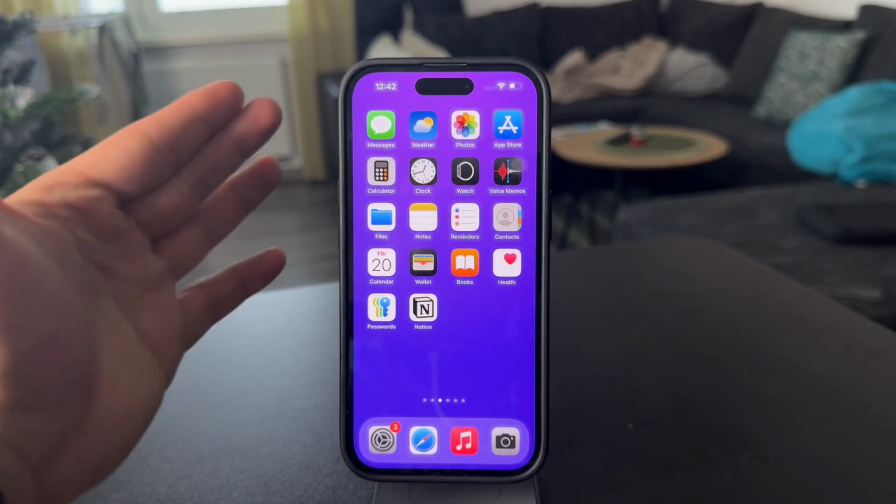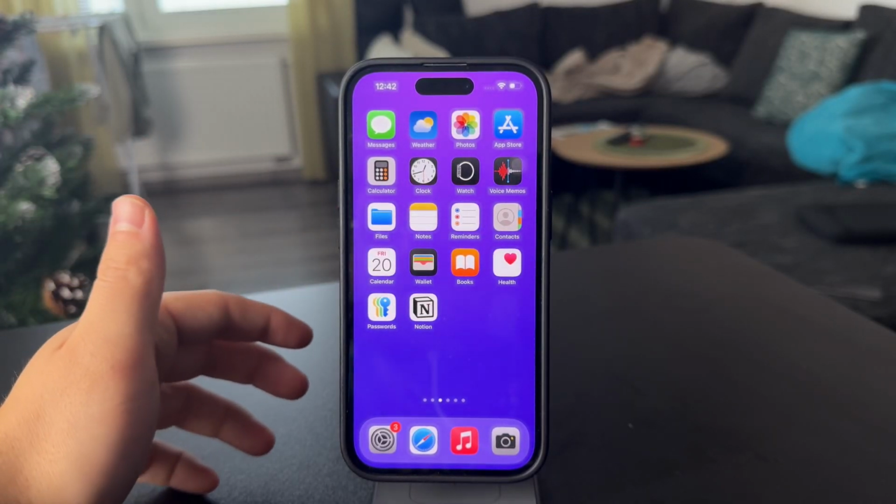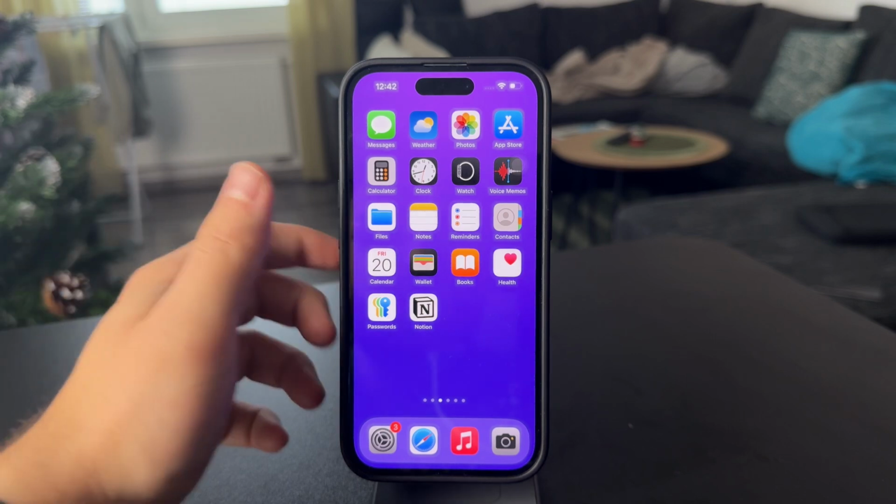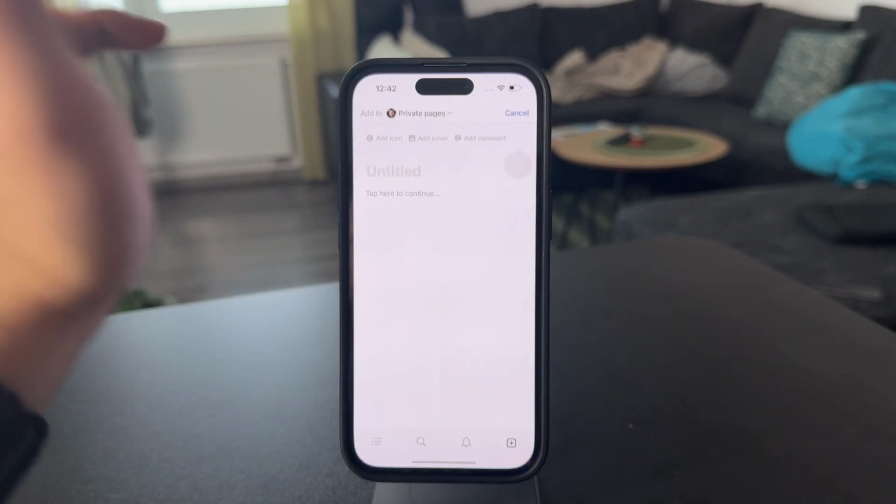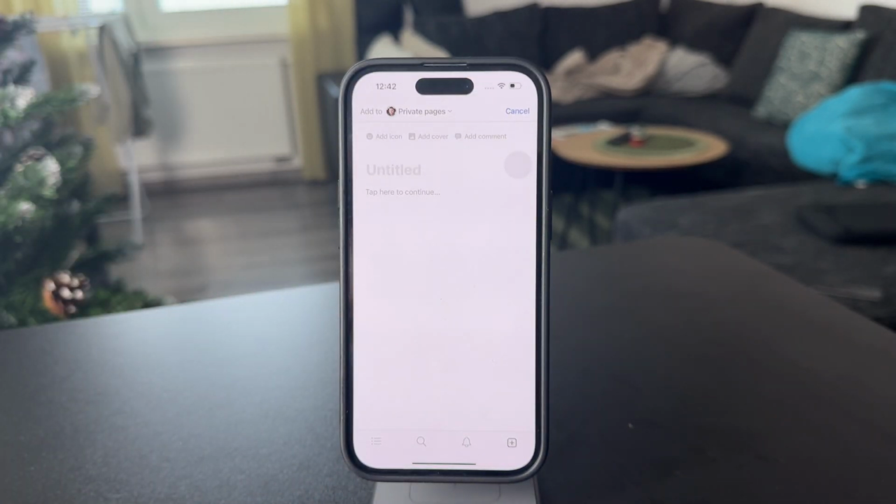Now, here is how to see PDF slides on a Notion on an iPhone. Essentially, here is how PDFs work on a Notion. So make sure to start a new page, and you can easily just import or bring over the PDFs like